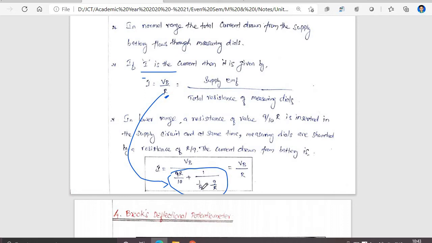Both denominators have R, the same, so you can add the numerators: 9 plus 1 is 10. So here 10 by R, and so 9R by 10,